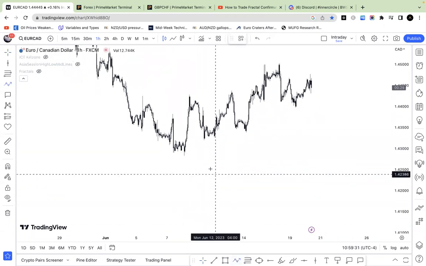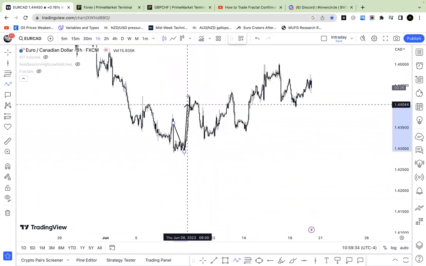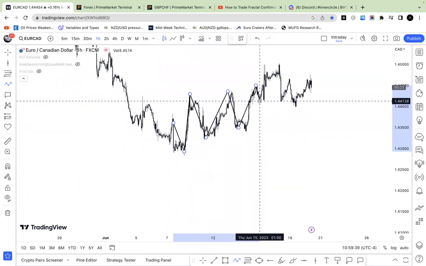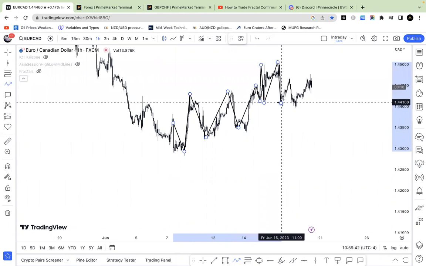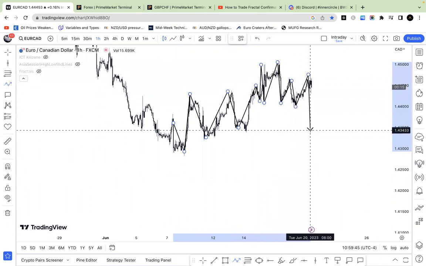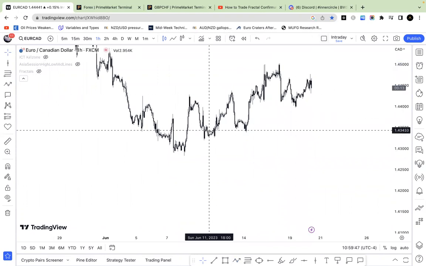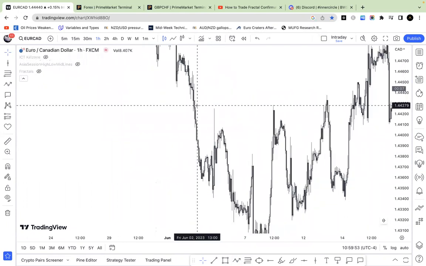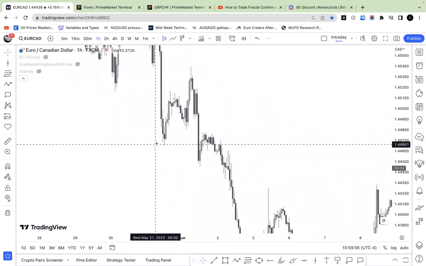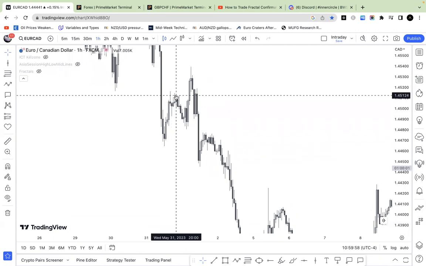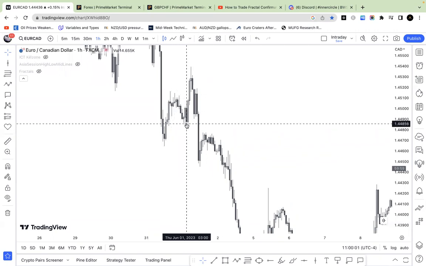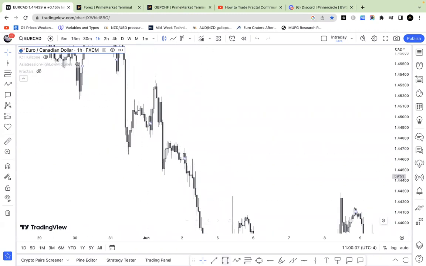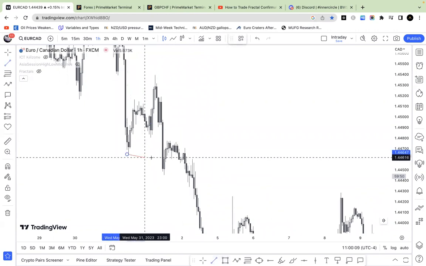So you can see right here, they came down, they had a market structure shift in this area. They started chasing buy side continuously, creating swing highs and swing lows, and then eventually they started to go down. You can see that relative to the last major structure break, which is right here. This was a swing low and a swing high, and then price came down. Then you had displacement higher and then displacement lower on this swing low. So relative to the last structure break right here,